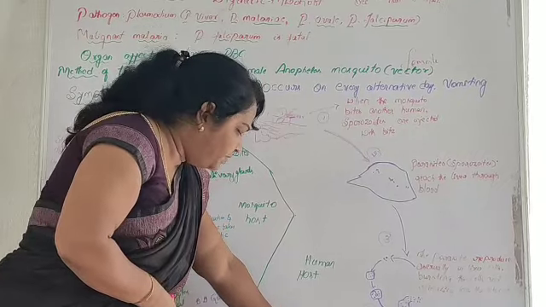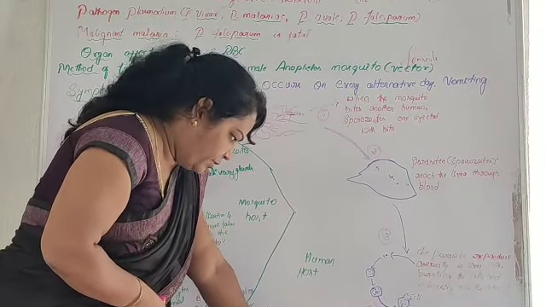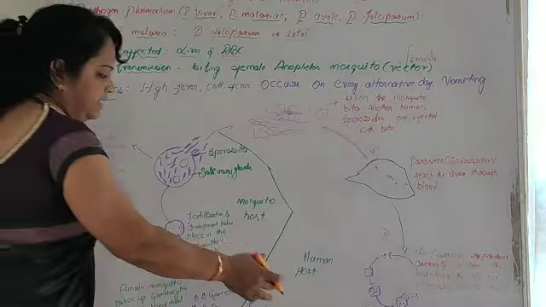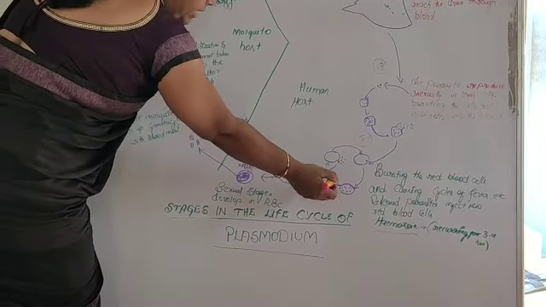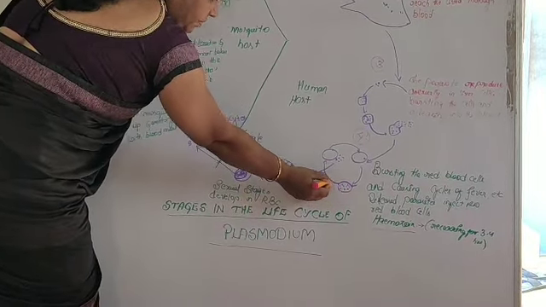Okay, and afterwards, after completion of the asexual stage, these symptoms appear. These cells are asexually reproduced cells. This blood cell itself acts as a gametocyte. Gametocytes means gamete producing cells, which are asexually reproduced cells.